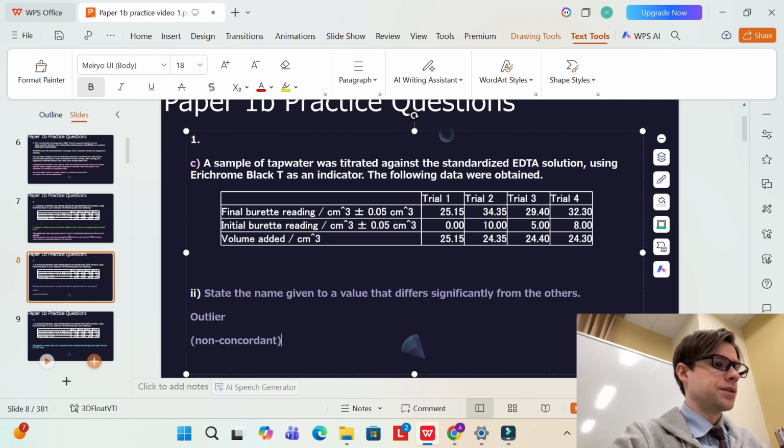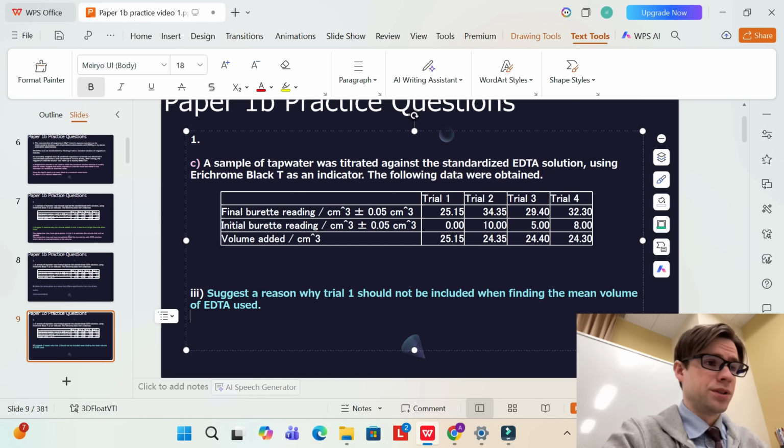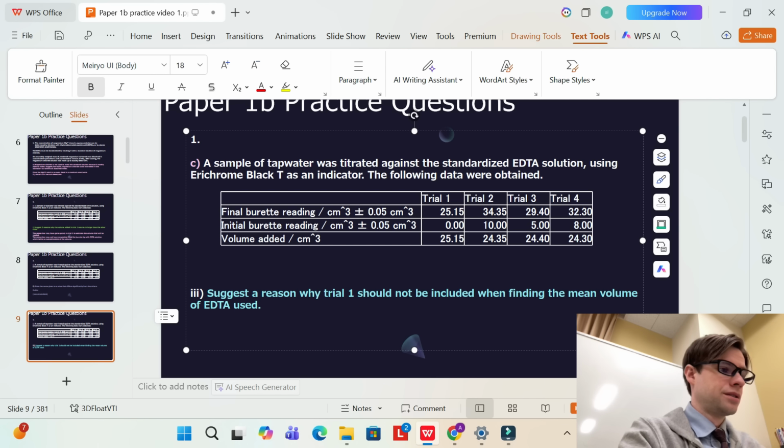But just saying outlier is enough. Next, suggest a reason why trial 1 should not be included when finding the mean volume of EDTA used. So one of the next steps that this researcher would do is to find the average volume added and then move on from there. But if they include trial 1, it's going to be a lot higher than if they excluded it. Because trial 1 is an outlier,